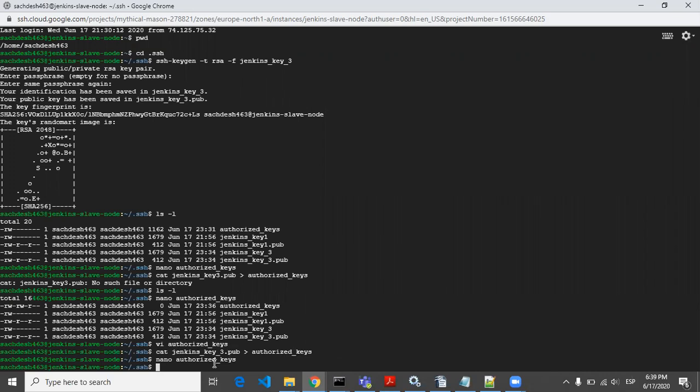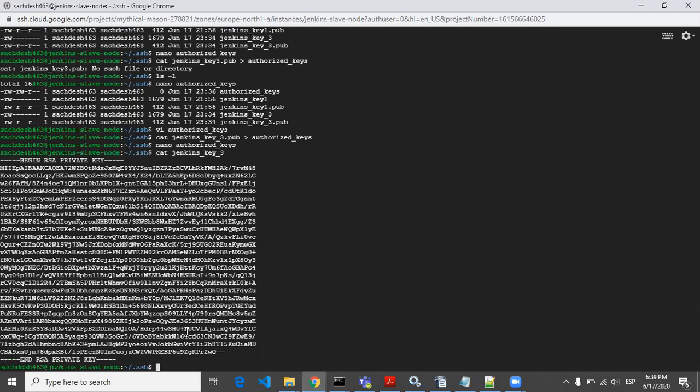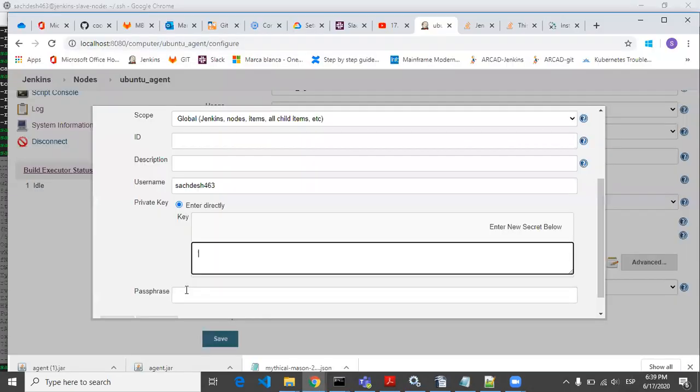Now let's copy the private key, Jenkins_key_3. So this is your private key. Let's copy this complete, and put it here.